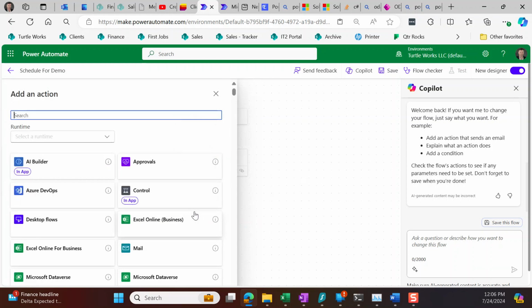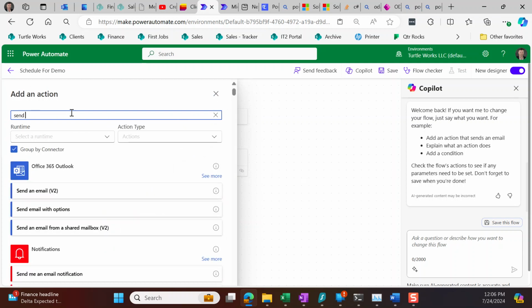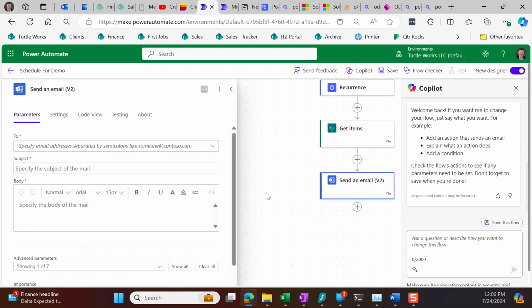So that's what we're going to do here: we want the Outlook 365 send an email v2. So that's what we've got here. As far as who we're sending it to,